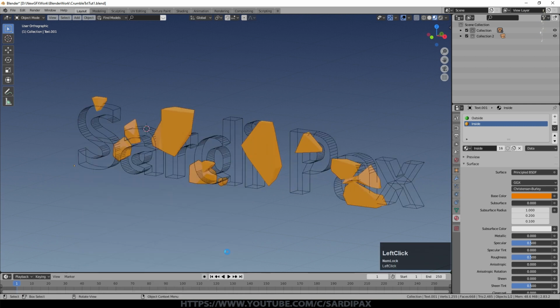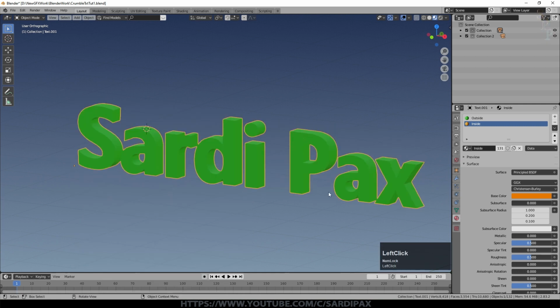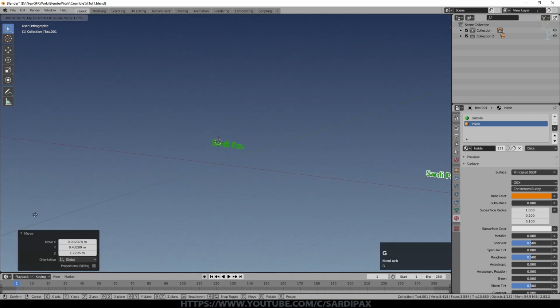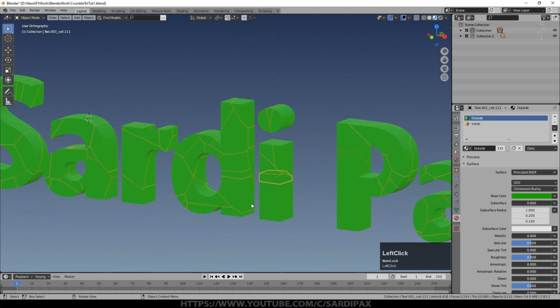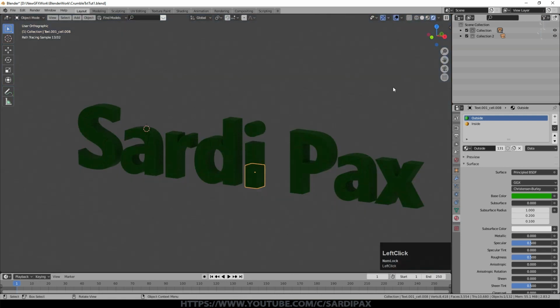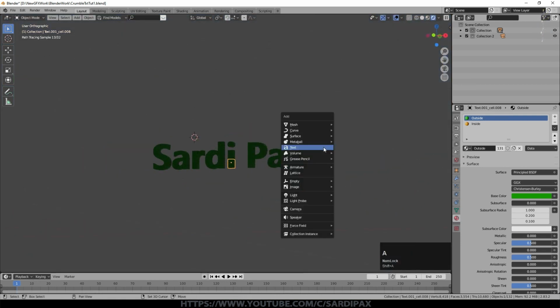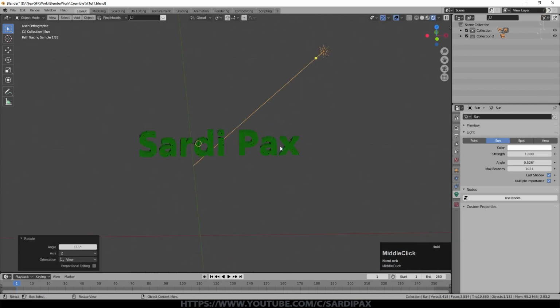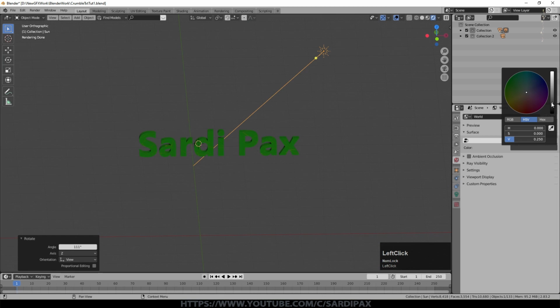And we'll say OK and see how that does. I did find if you use too big a margin, you'll start to lose chunks. So that looks pretty good. We'll just move this out of the way for the moment. And there is our mesh. And if I move this particle out, you can see that there is a new material on the inside. So we go to rendered view. I'm going to just add a simple sun lamp into the scene just so that we can see what's going on, and we'll set the background to black.